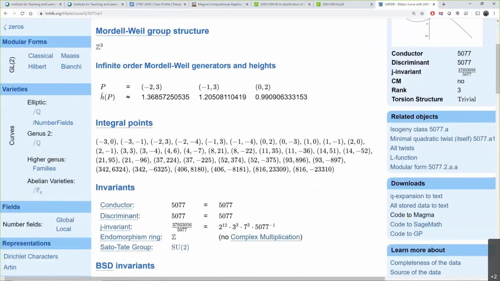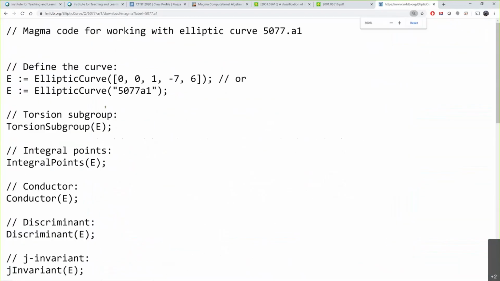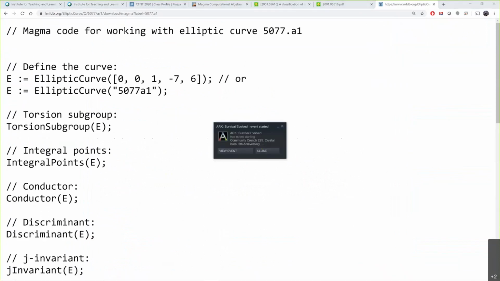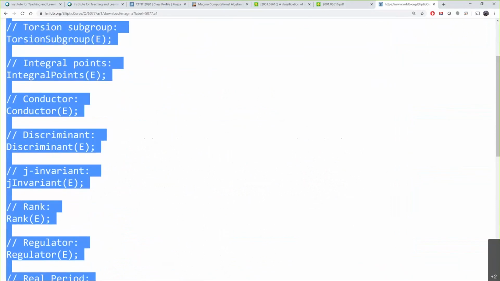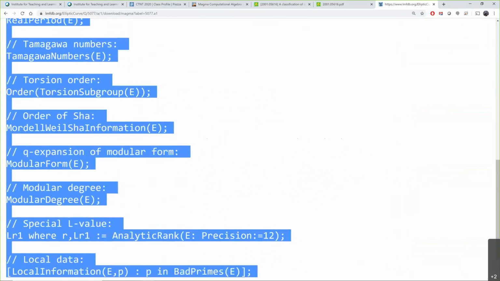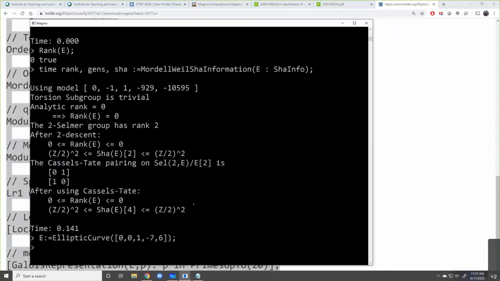What I want to show is that the LMFDB gives me all the code that they've used. So the LMFDB gives me a lot of code that, if I don't know exactly how to do things, I can copy and paste into my Magma window and